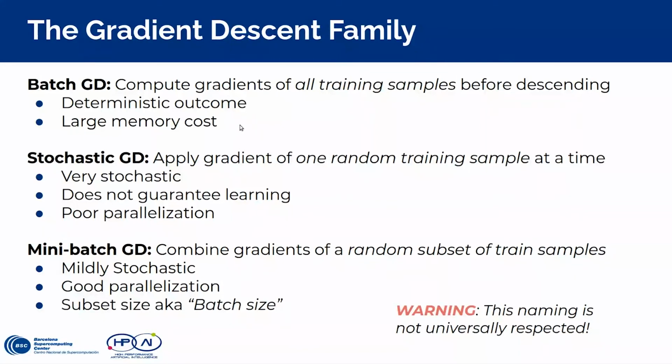But that implies having to compute all the samples at the same time, having to store in memory all the activations and all the gradients and all the errors made, and then combining them, and that can be extremely costly